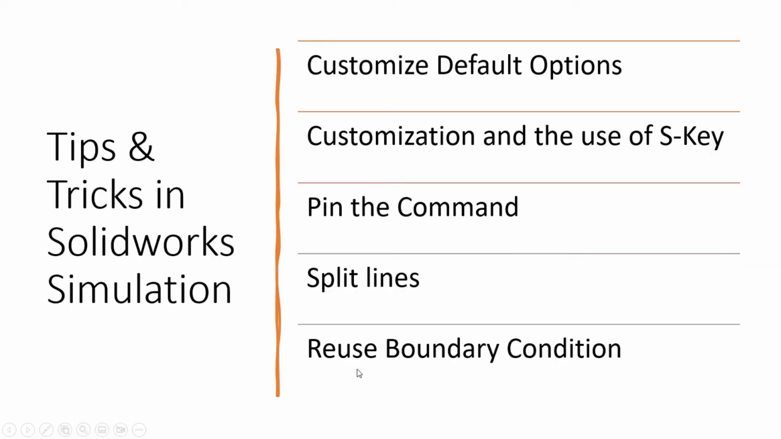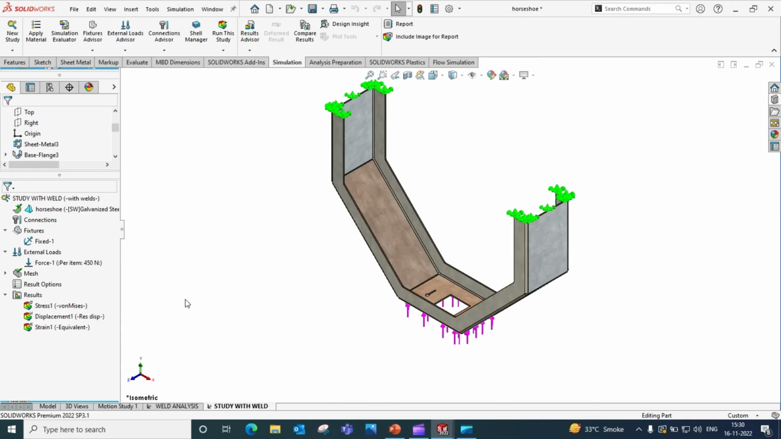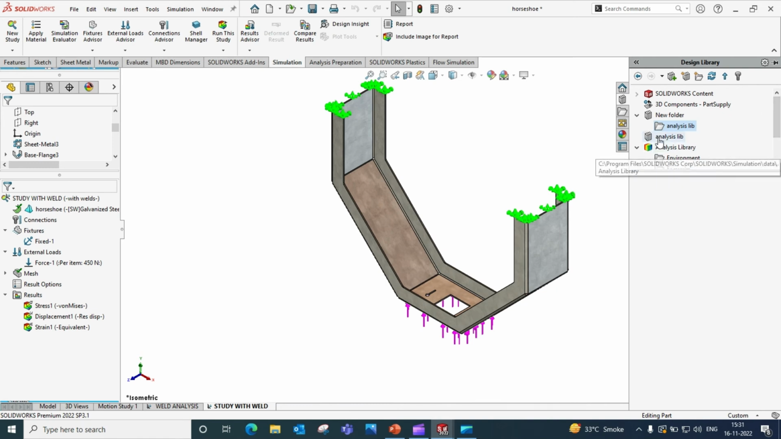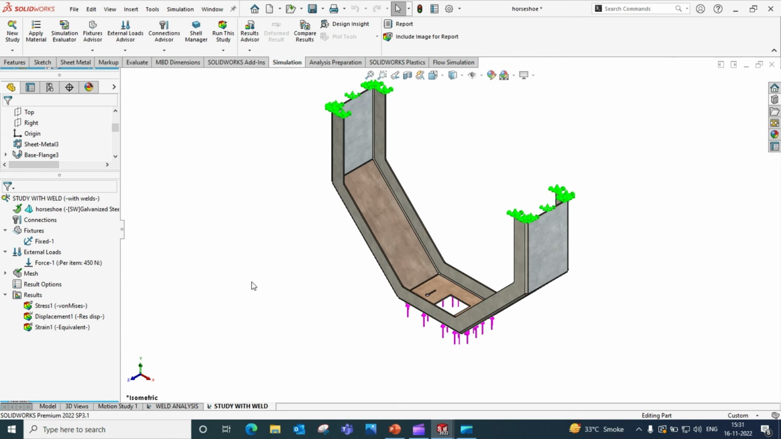Let's move to our last topic, that is how to reuse boundary conditions. Here in SolidWorks, go to Design Library and then click on Analysis Library. Here you can see that there are many folders of environment, load, supports, examples, etc. To store the boundary condition in this folder, right click on the force, click Add to Library,